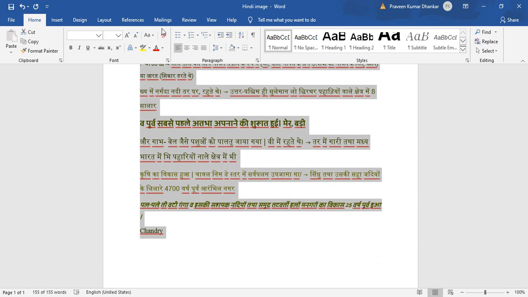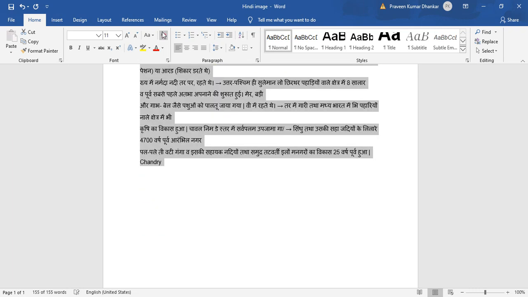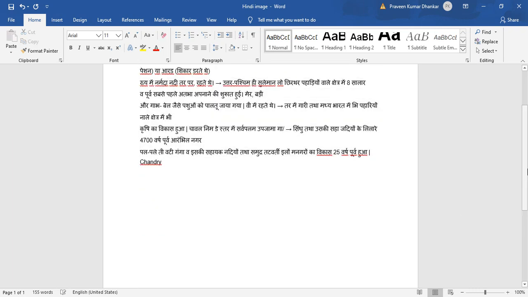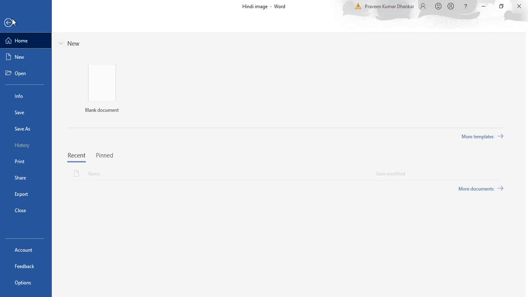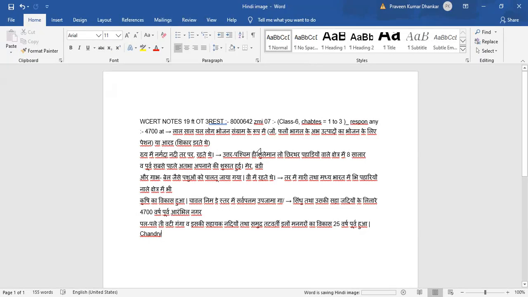Clear formatting, so all formatting is removed, and you can save it, and then whatever change you want you can make in your desired output.